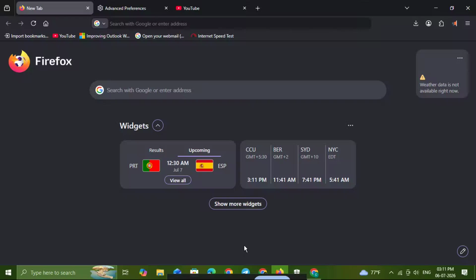If you want to get Firefox web apps on Windows, this quick guide will walk you through the exact setup in Firefox and show you how to check whether the feature is available on your computer. This is a handy trick if you want a more app-like experience for supported websites right from your browser and